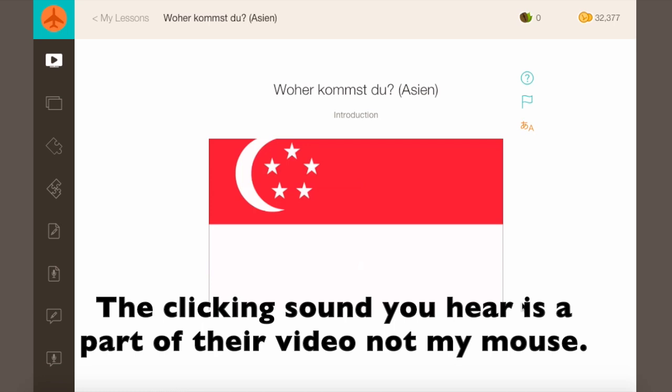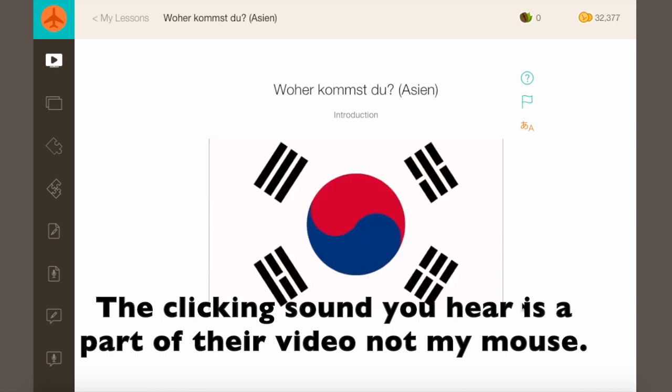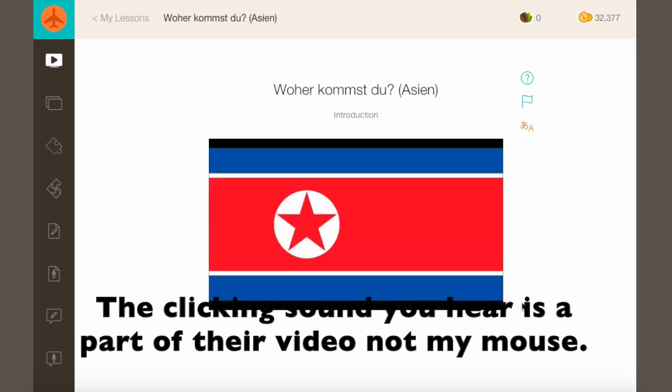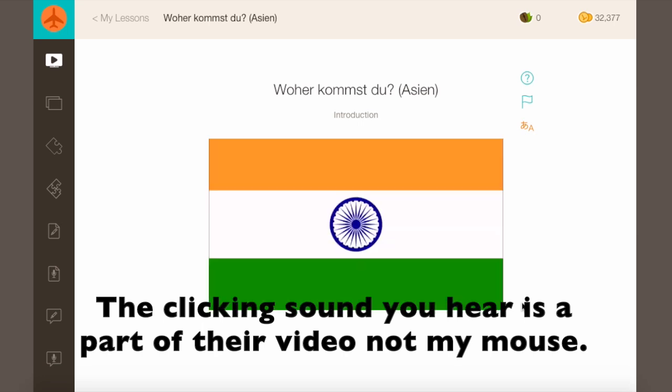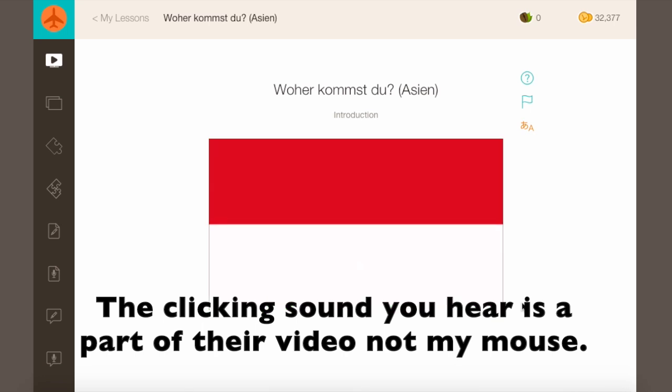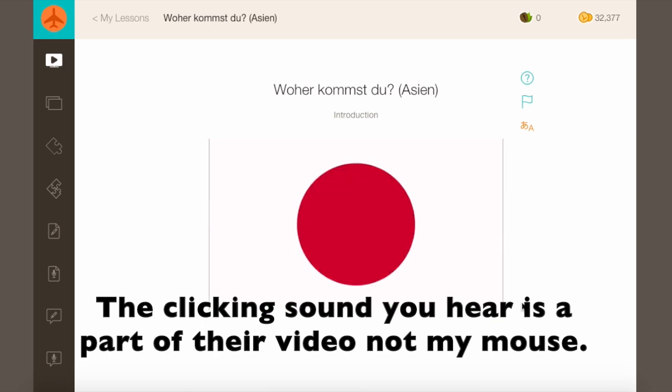Singapur, Südkorea, Nordkorea, Indien, Indonesien, Japan,